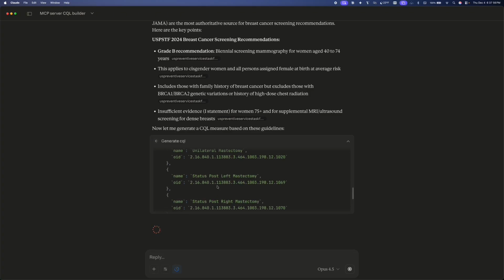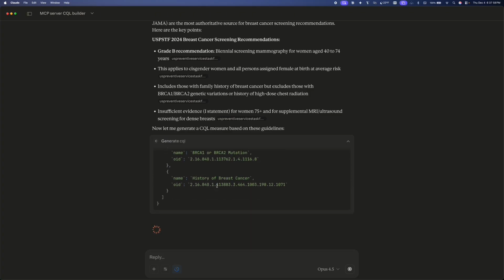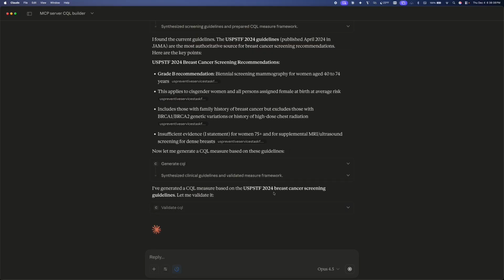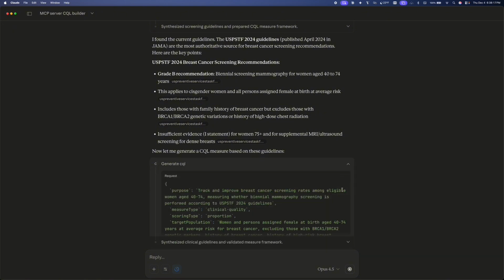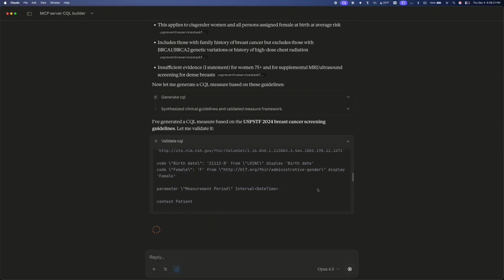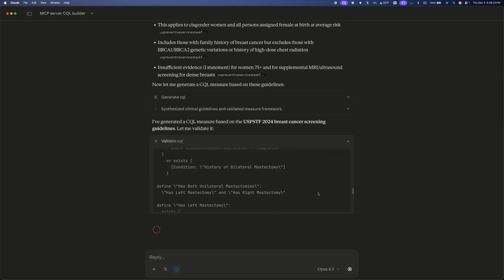And the value sets are identified using the Value Set Authority Center at the National Library of Medicine, which is automatically pulled in by the MCP server. So now we see it has generated the CQL measure based on the USPSTF 2024 breast cancer screening guidelines. And we can see the CQL that's being generated here.